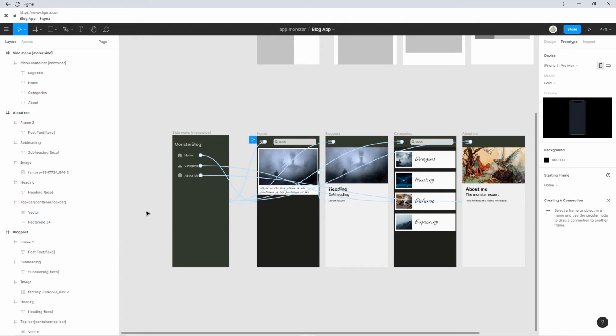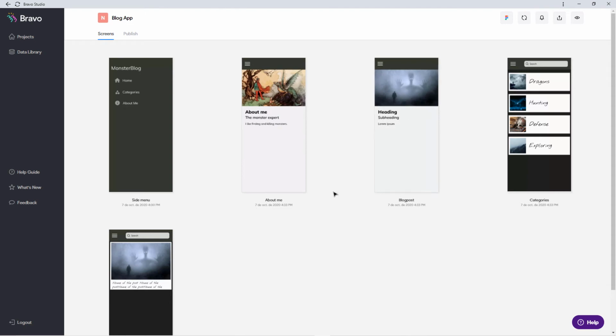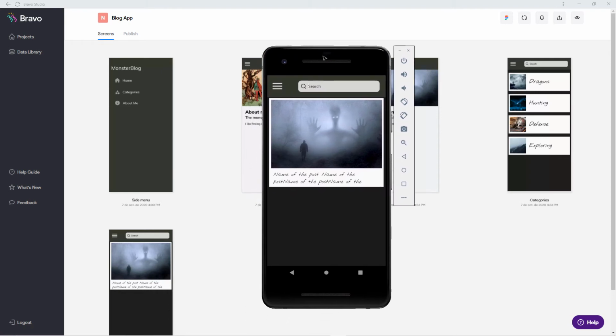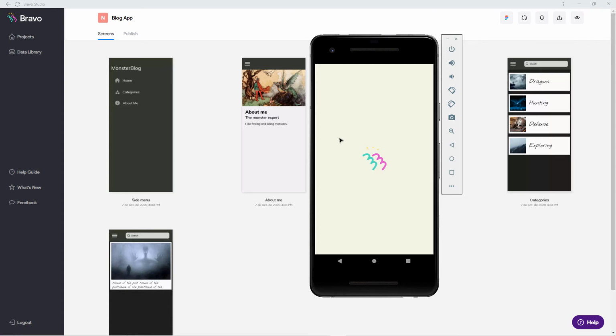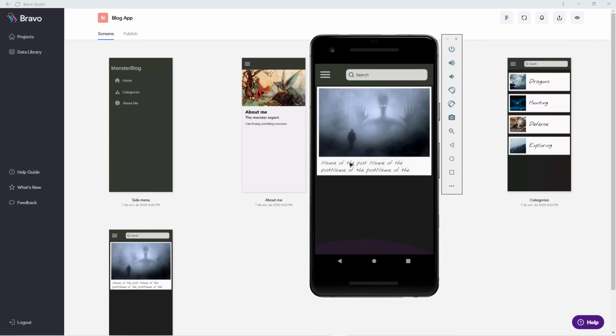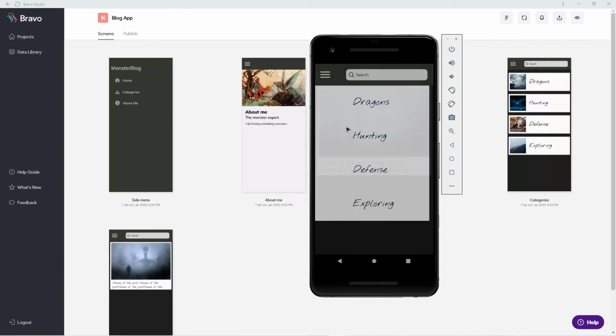And now it's time to test that again in Bravo Vision. For that, first of all, we're going to update it here in Bravo Studio. You can see we don't have these new files, these new screens from the new file. Now they're all imported. And now let's also refresh. So tap and hold, update with Bravo, and this should load our new app. So we can open our menu, click on categories, and see that this looks like